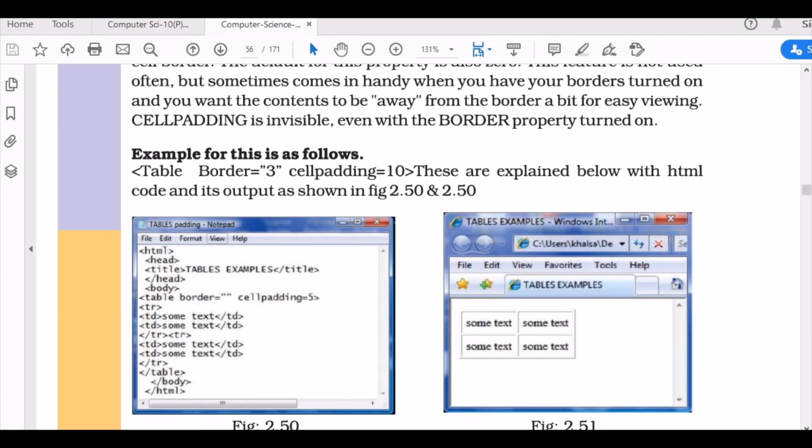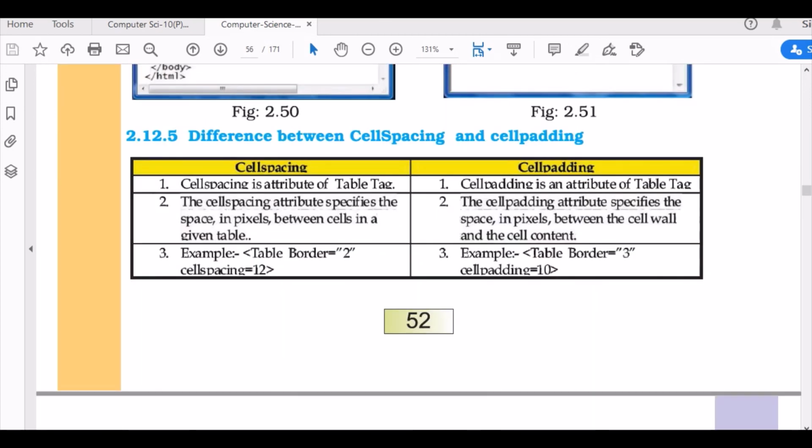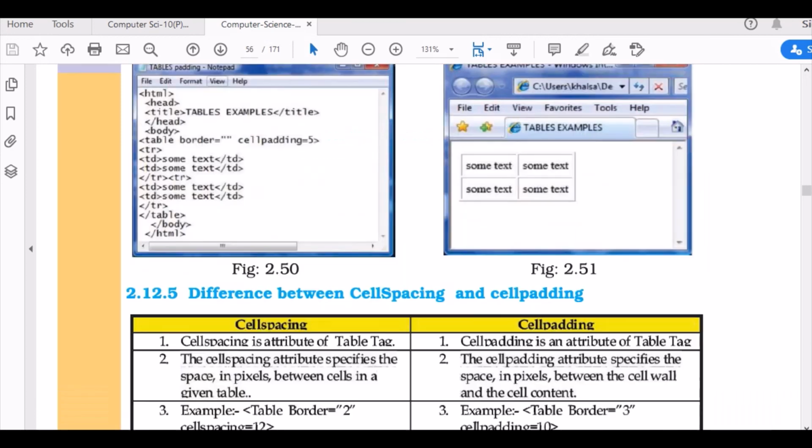Cell padding, the padding of this space that you have used. These are very easy tags to use in a table. This is a simple example though. You use them here. Border, border size, and you want to give space, as much space as you want.